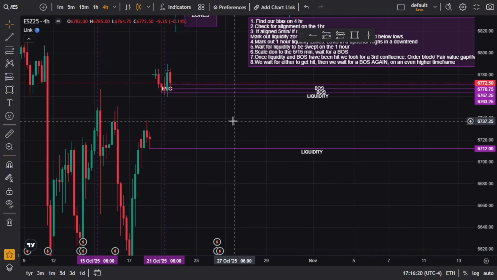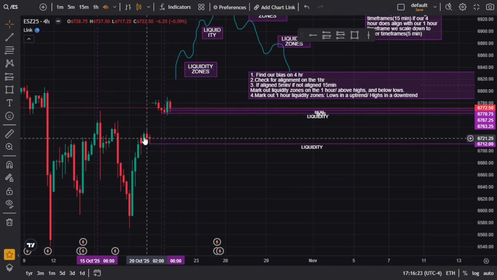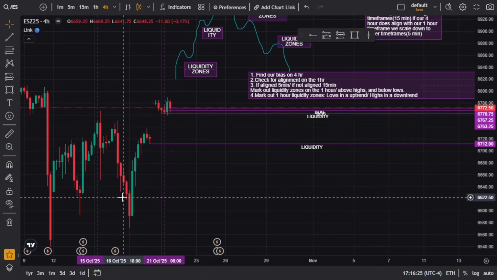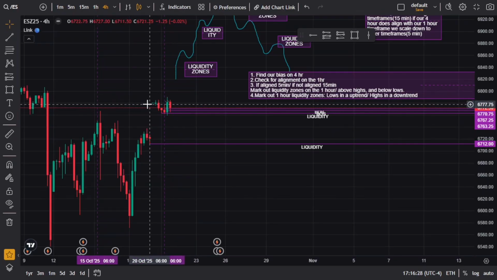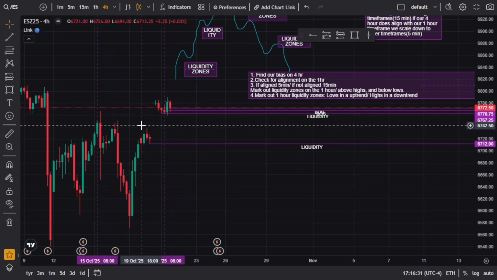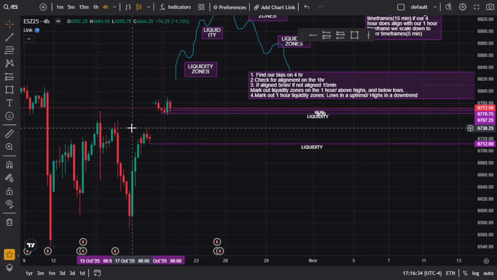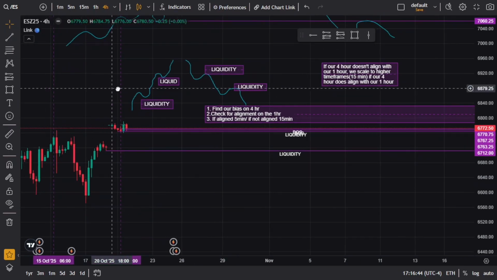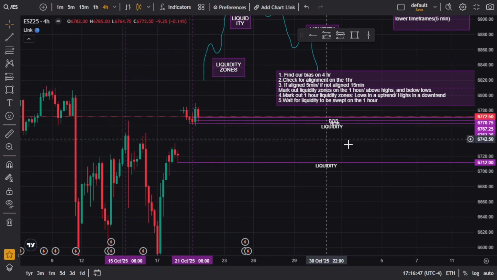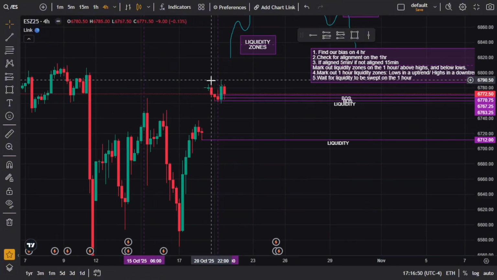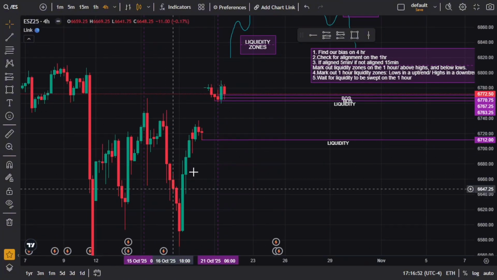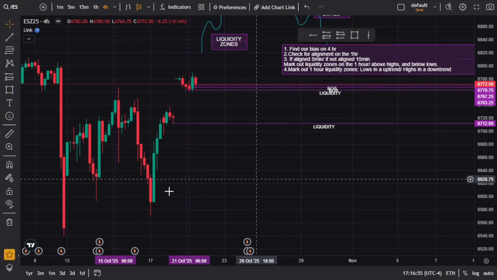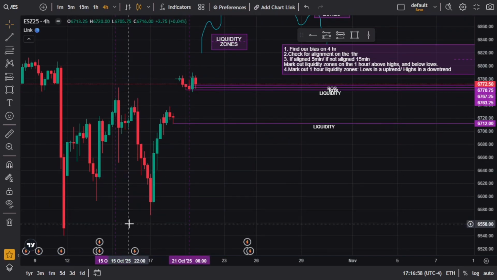Check our bias for previous days. As you can see, we were in a downtrend from yesterday, or not from yesterday. This was from Monday, I think. I'm pretty sure. No, this is from 2 days ago. Okay, even better. Wait, this is from 10 days ago. No, it doesn't matter. The whole point of checking your 4-hour bias is checking to see what your previous day is. It doesn't matter if it was yesterday, the day before, 5 days ago. Just checking your bias to see what direction the market is moving.